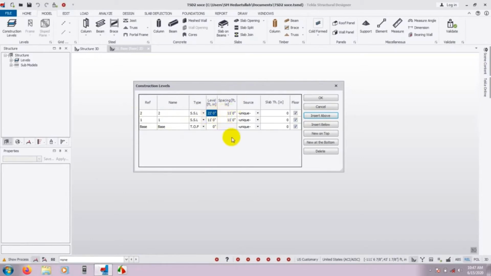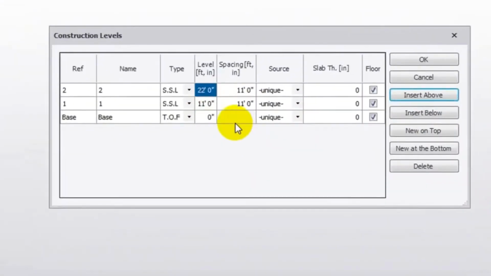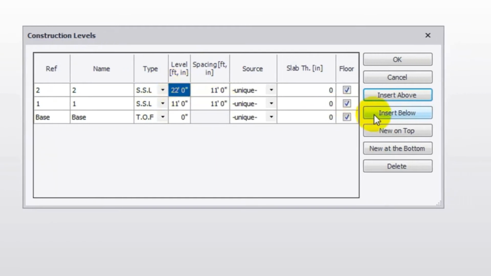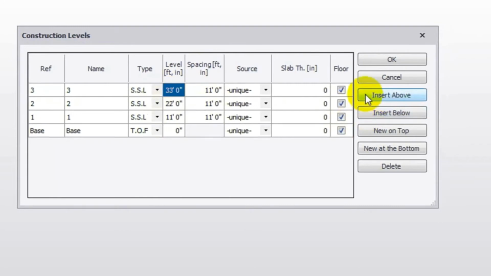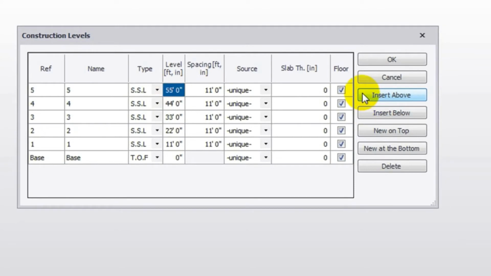But from 0, our first floor level is 11 feet, and our second floor level is 22 feet. And again, if I go here, insert above, then just see here 33, 34, 35, and you can insert any level